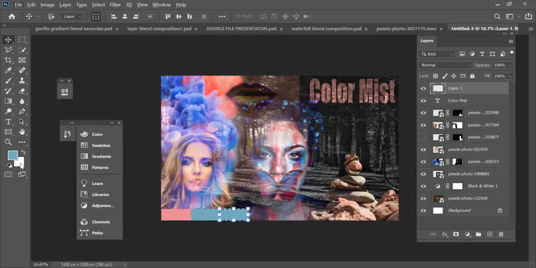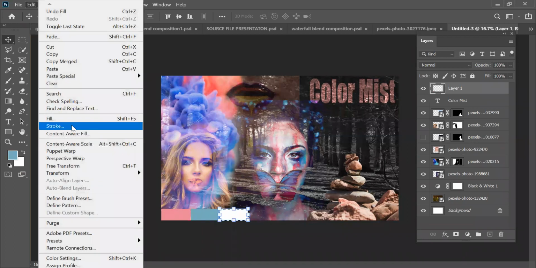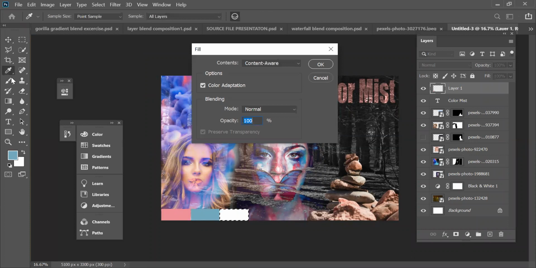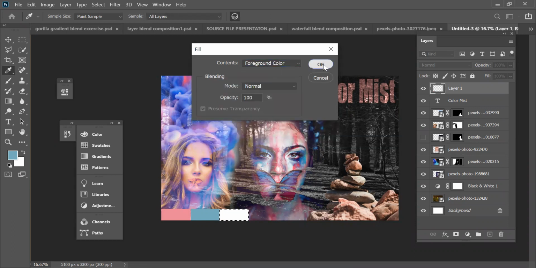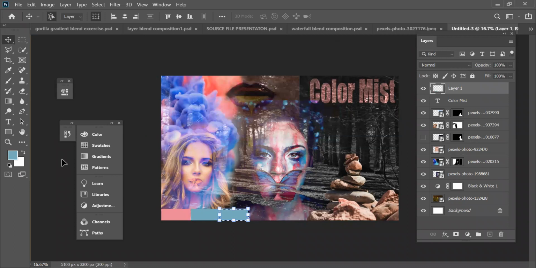If I do control backspace, it will give me a white color. So this is a little faster way, otherwise I would either go to edit, fill, or I can go for the bucket also. Then we put the foreground color. So this is the foreground color. So I put the foreground color like this.